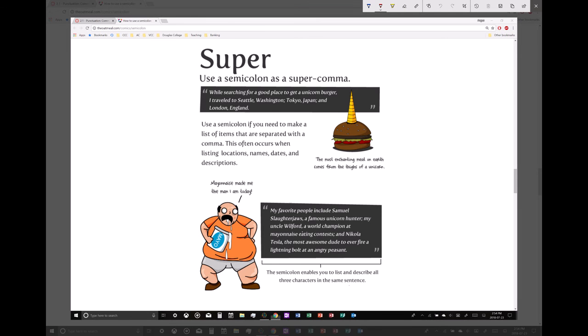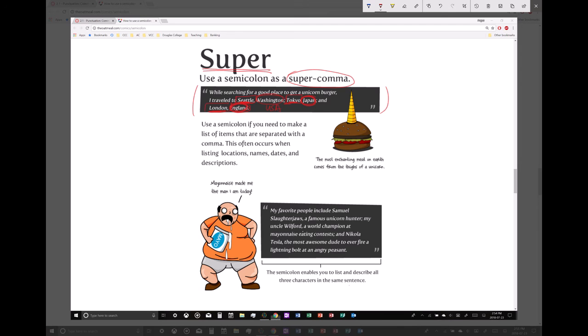Another use of the semicolon, this is what you've seen in the notes. This is rule number 3 for semicolons. It's about the super comma. You see this in lists. Again, take a look at this sentence. The last one in the lecture talks about places in Canada. Now we're talking about places in the world. Seattle is in the state of Washington, that's America. Tokyo is the capital city of Japan, and London is the capital city of England. So we have 3 different countries: the USA, Japan, and England. So we're looking at cities in these countries,